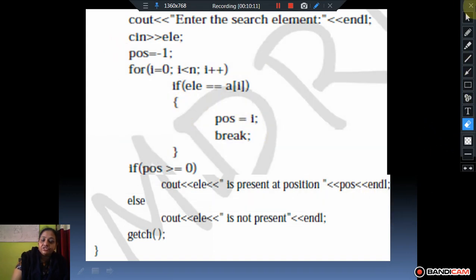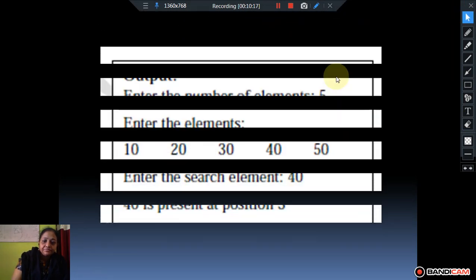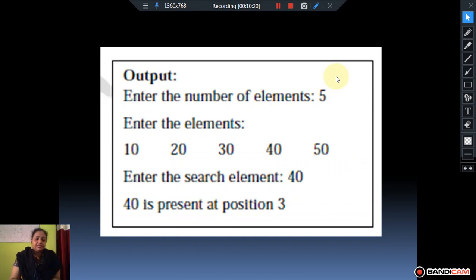So let's have a look at the output of this program. The number of elements is 5. Enter the elements 10, 20, 30, 40, 50. Enter the search element: 40. Is it present, and where? 40 is present. So 40 is present at position